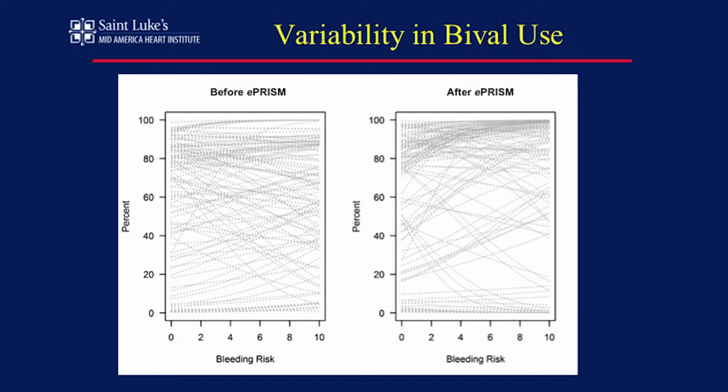Collectively, we also found a very important challenge that we didn't anticipate in this study, which is the marked variability across doctors. This shows, both before and after PRISM, a remarkable difference in the way that individual doctors treat patients according to their bleeding risk. Although it is better afterwards, there's still a lot of variability, and that will warrant future investigation in the use of protocols and incentives to get physicians to pay attention to the patient's bleeding risks.